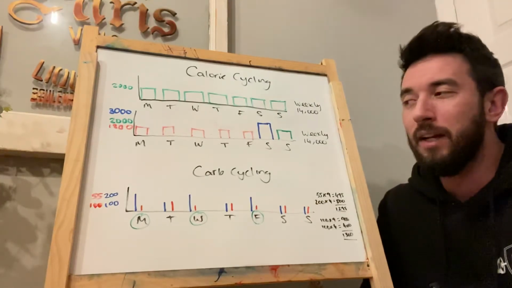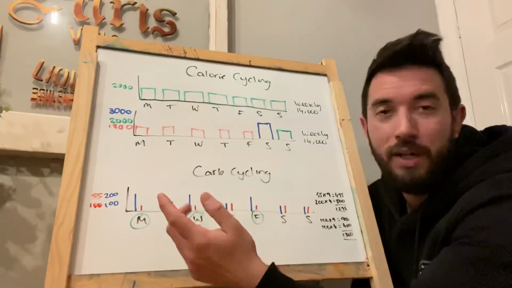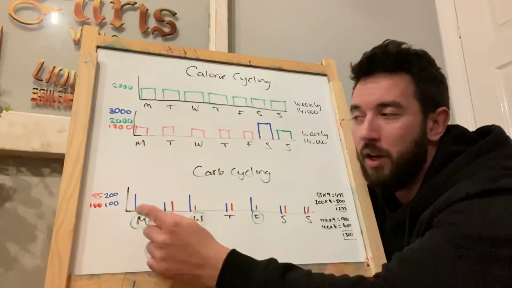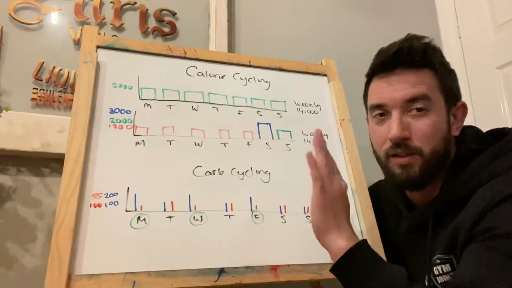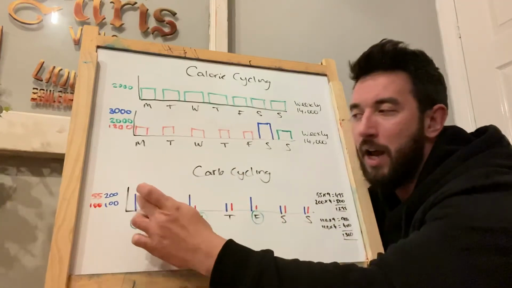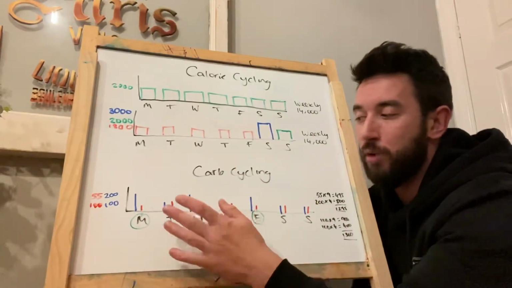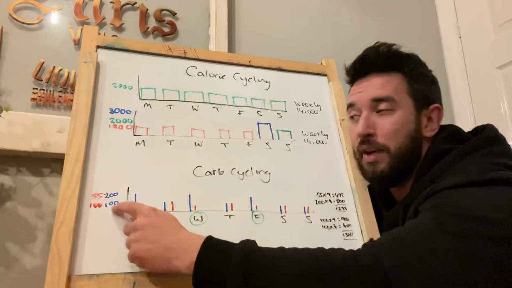So when we look at it like this, if we've got Monday, Wednesday, Friday as training days, we could go higher carbs, being 200 grams a day. Again, I've just done this as a general example. It doesn't suit everyone. Your numbers are worked out individually. But say you had 200 grams of carbs on a Monday, Wednesday, and a Friday. But on the other days, the non-training days, you only have 100.